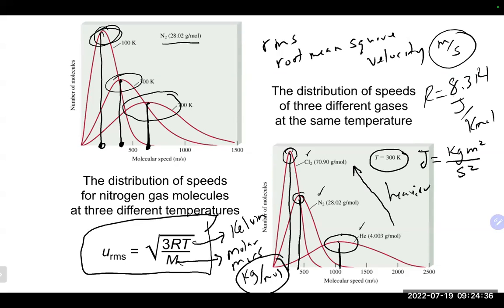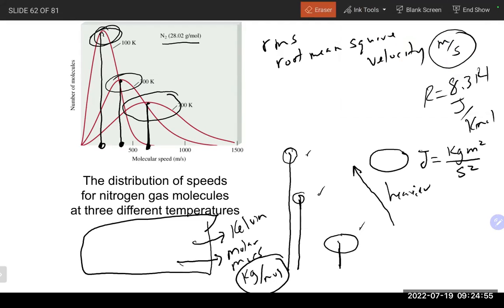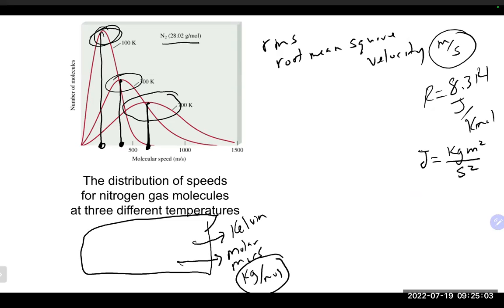That means we need the unit on the bottom to be kilograms so everything cancels out. So if we look at that equation,